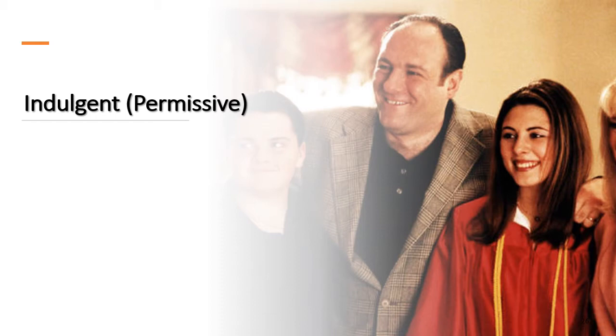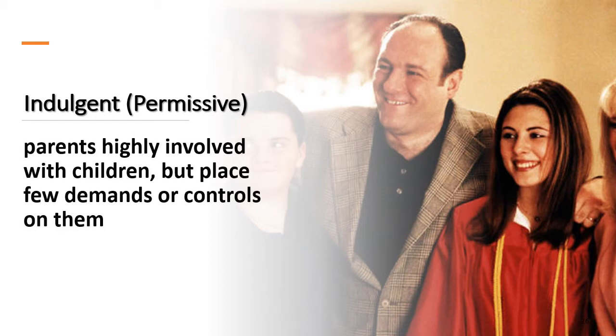But again, his relationship with, say, his kids is what would probably be labeled indulgent. And for both of these, where one was neglectful, and I had in brackets uninvolved, and then this one where it was indulgent, and I have in brackets permissive. That's just an indication to you that for a long time permissive was the label for this category, and the labeling seems to have been updated, which often happens. The only reason that really matters is that if you're doing research on it, just so you know,